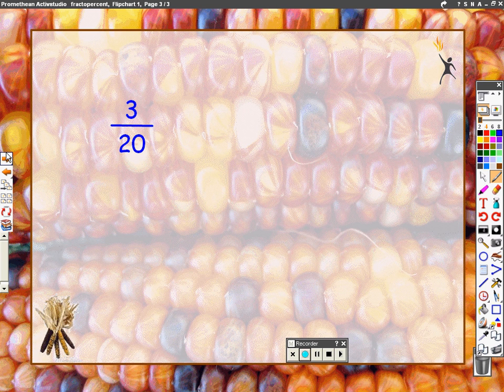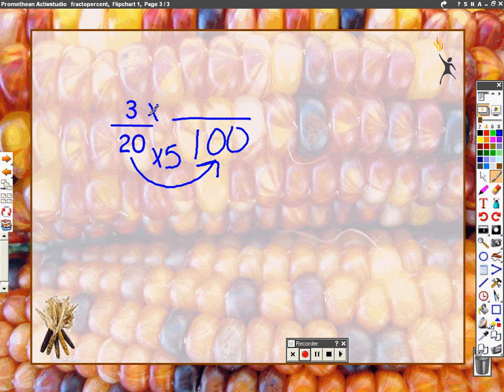Okay, here's another one. This time we're going to do our proportion. 100. How many $20 bills does it take to get to 100? 20, 40, 60, 80, 100. If you said 5, you're correct. What I do to the bottom, I must do to the top. 3 times 5 is 15. Am I done? I am, because I'm out of 100, and percent is out of 100. So the answer is